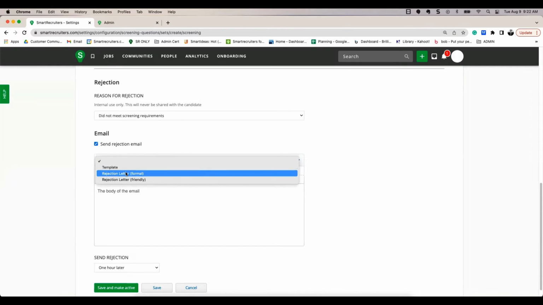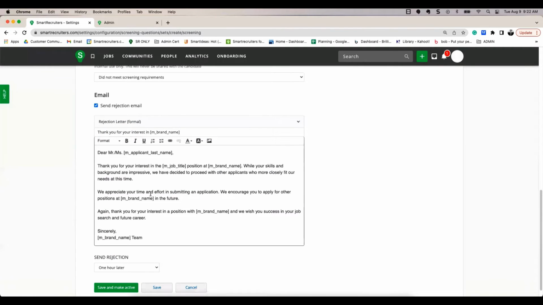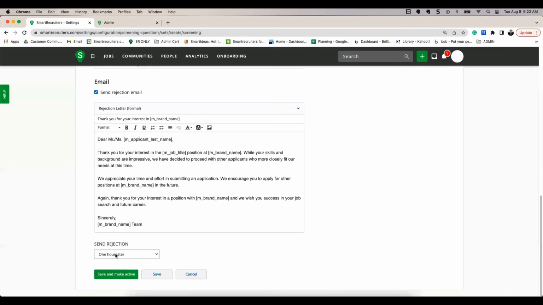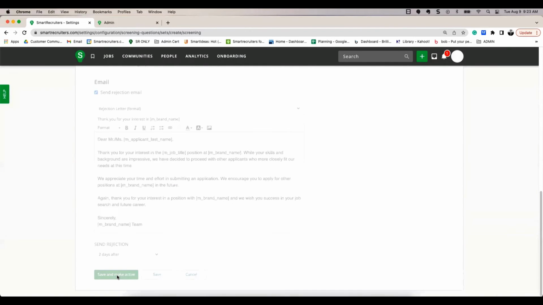For this example, we'll go ahead and use one of the default templates. As you can see, the fields were filled out, and if a candidate is rejected, they will be met with this template itself. You can also select whether or not you want to send a delayed rejection, meaning that if the candidate is knocked out, you can have the rejection email be sent out 1 hour later, a couple of days, or even 5 days later. Once you're happy with your selections, you can go ahead and save and make this question set